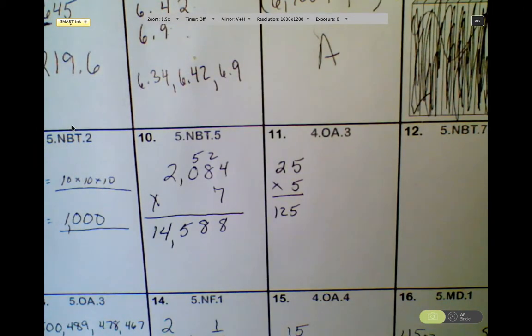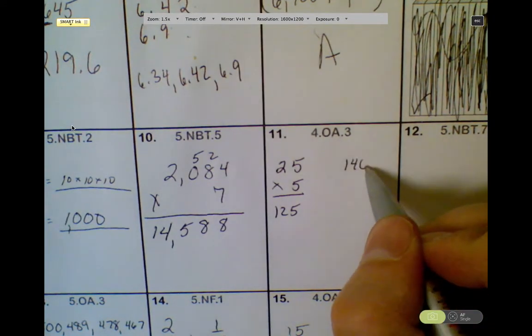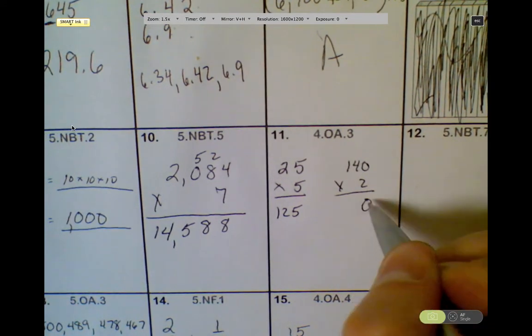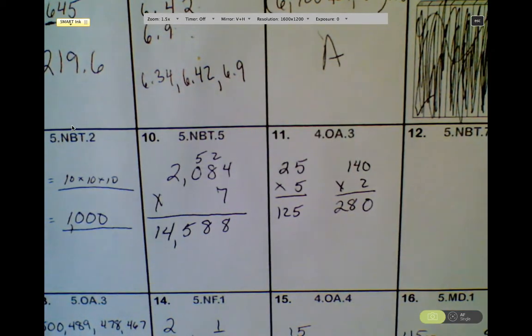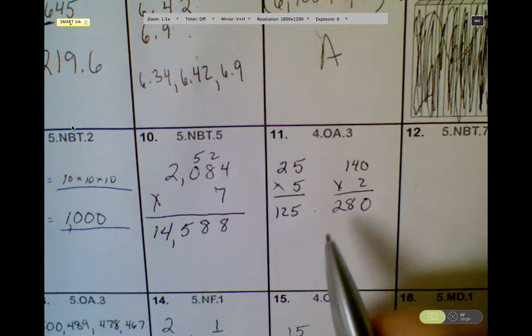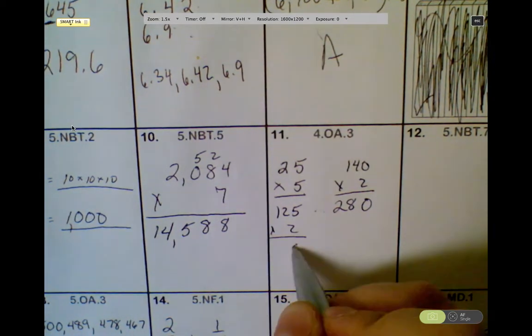And he does 140 tasks each day in the weekend. There's 2 days in a weekend, so that's going to give me 280. Okay, and it says 2 weeks, so this would be 1 week. I'm going to go ahead and multiply this times 2 to get my second week,